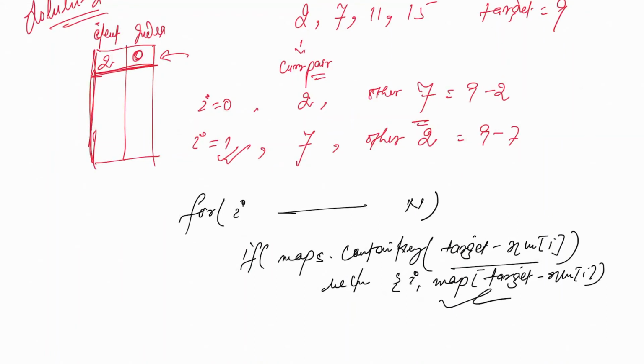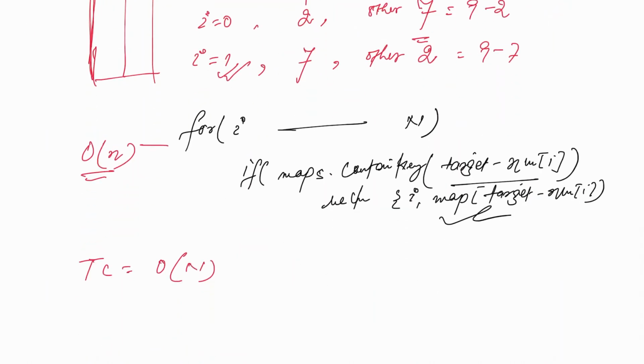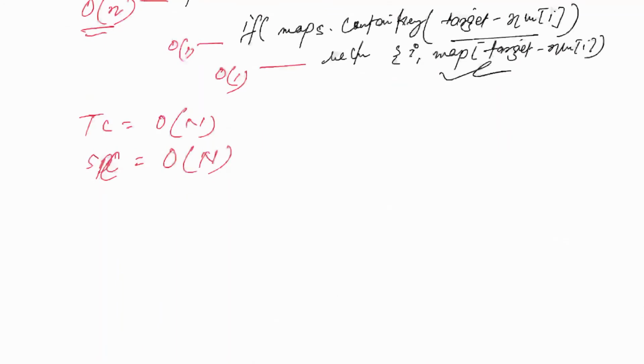If you look closely, the time complexity here is O of n, and each lookup is O of 1. As I'm using the map to store the previously visited items, the space complexity is going to be O of n. The same question can be extended in interviews sometimes, to add some more complexity.